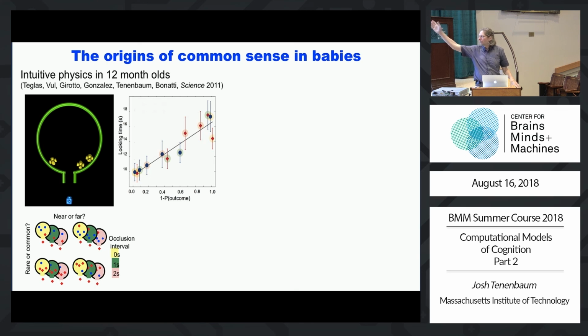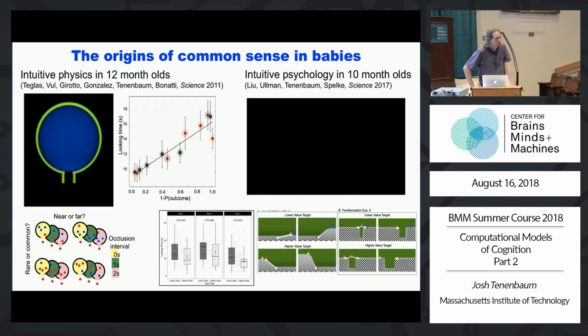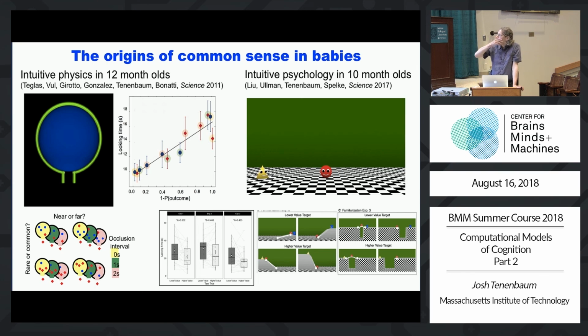Okay, so it turns out infants actually make all those probabilistic expectations, and we were able to quantitatively model this. So we showed that the looking time was roughly proportional to just the inverse of the probability under this probabilistic physics model. Or here's some recent work that was done by Sherry Liu, who's in Liz Spelke's lab, and she's a member of CBMM as a PhD student, and she was a student in the summer school last year. And this was work she did together with Tomer Ullman. If you really want to appreciate this, I better turn up the sound and start it over.